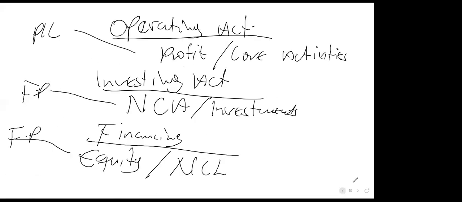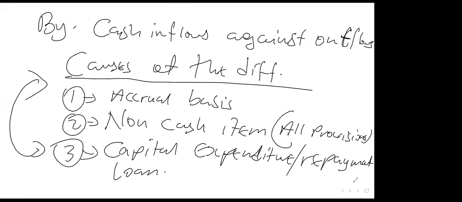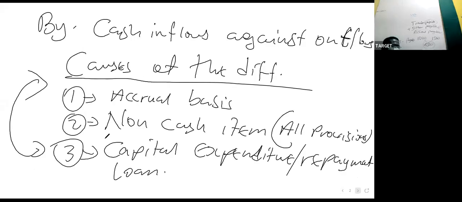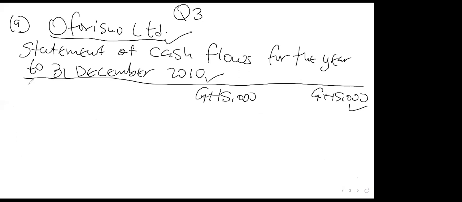Where do you start from? Right after this, we already have our format down. Let's go to the format. I tell the examiner that we are starting from where? Cash flows from